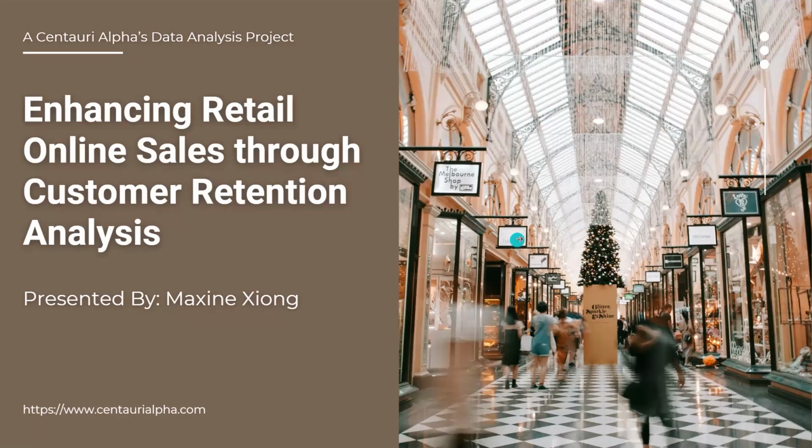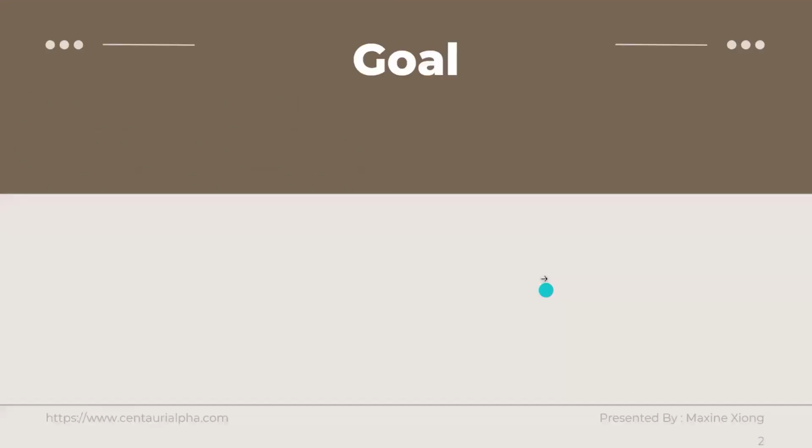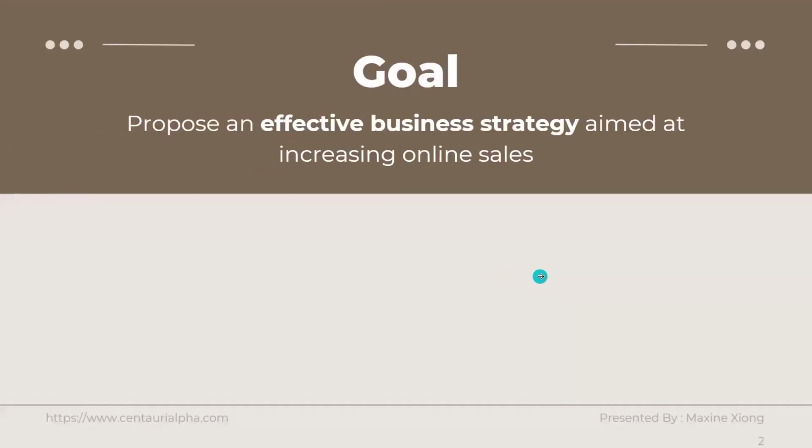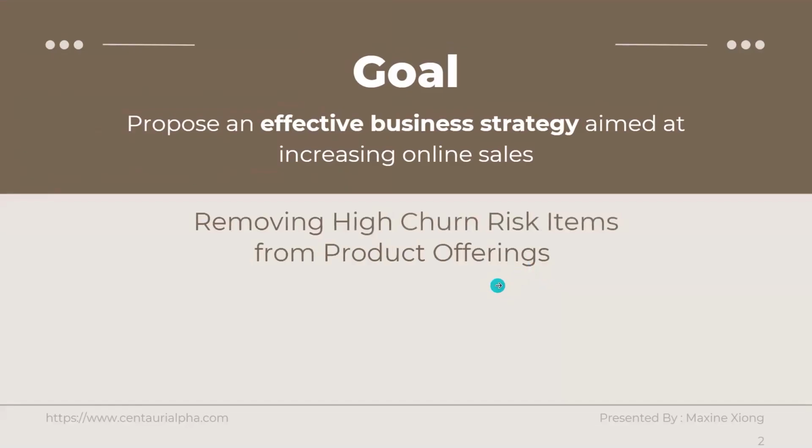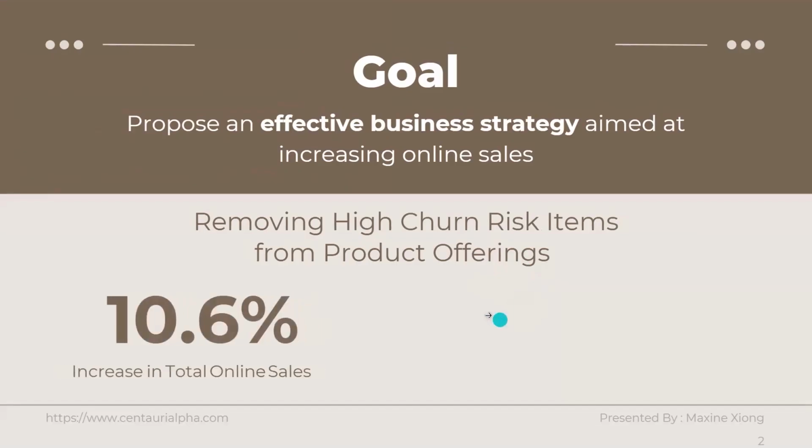Today, my talk is on enhancing retail online sales through customer retention analysis. This presentation is based on Centauri Alpha's data analysis projects that we recently took for a retail business client. The goal of the project is to propose an effective business strategy that helps our clients increase their total online sales revenue. The strategy that we propose and evaluate in this project is removing high churn risk items from our clients' product offerings, which we estimate could potentially boost total online sales by 10.6% and increase the customer retention by